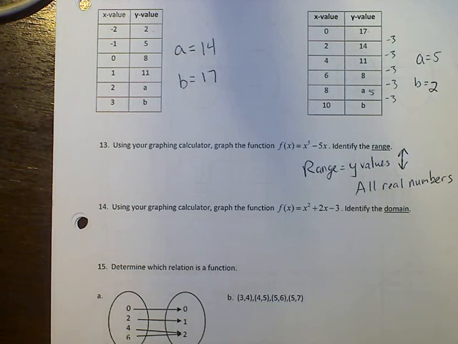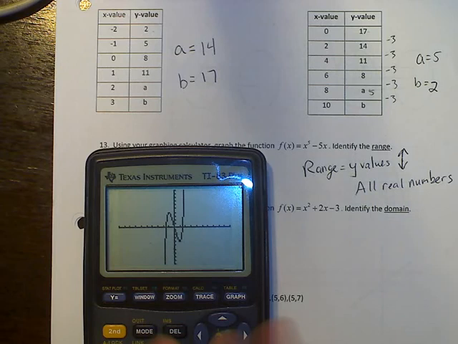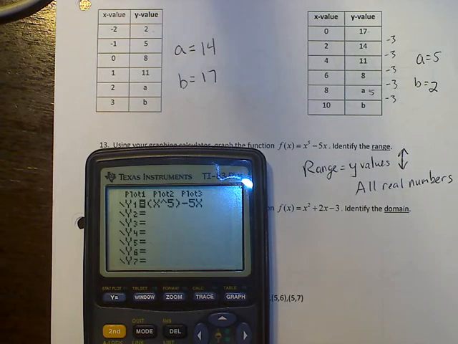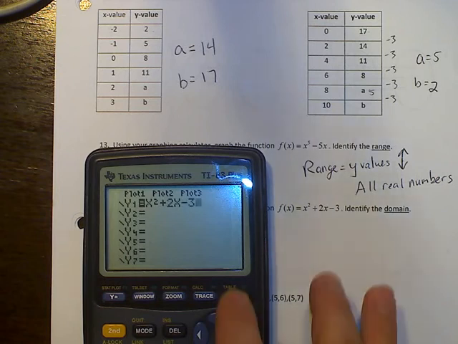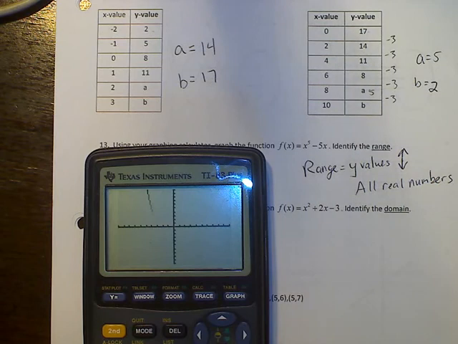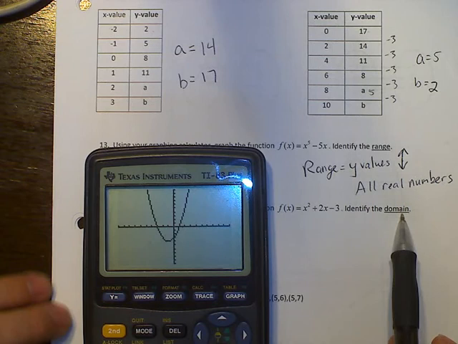Okay, I want to find the domain, so I need to go back to y equals. I'm going to clear that out and I want to enter this in. So I'm going to put x squared plus 2x minus 3. And I'm going to hit graph. It's going to go ahead and graph it. Okay, and I want to identify the domain. So this is a parabola. I know domain